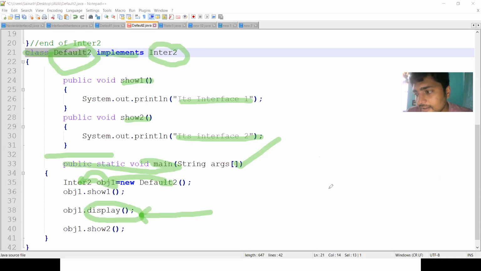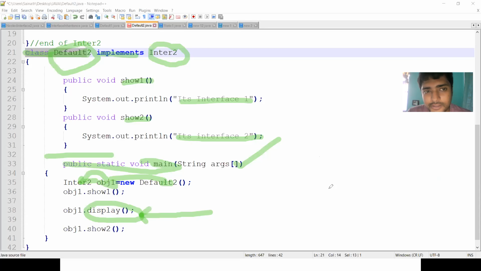Whereas in classes we have a superclass and subclass, and if the superclass and subclass have the same method name, the subclass method will be executed. The compiler does not execute the superclass method.